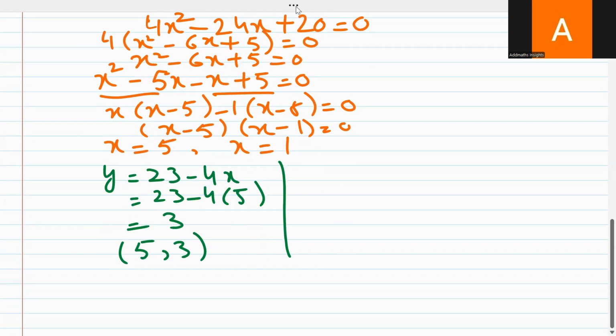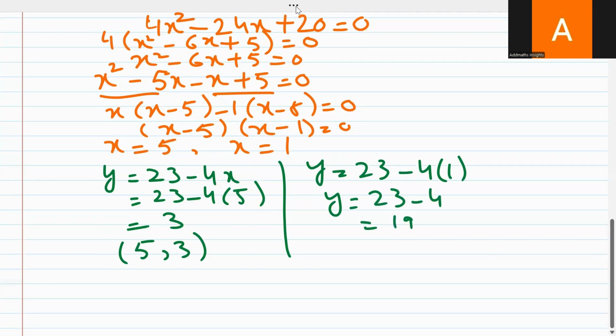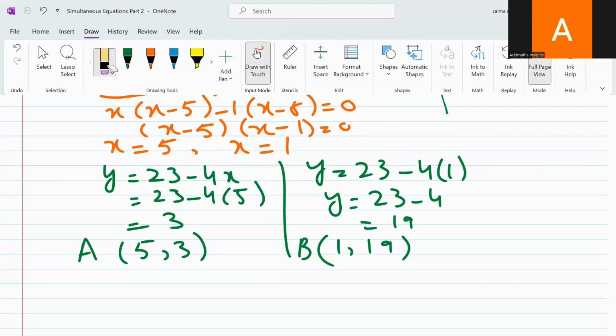And similarly, you can find the coordinates of point B by substituting the value of x, which is 1, in the same equation. 23 minus 4 is 19, and this is how you get the value of the y coordinate of point B. So the coordinates are 1 and 19. Now you know the x coordinates and y coordinates of both points. Now the question is,